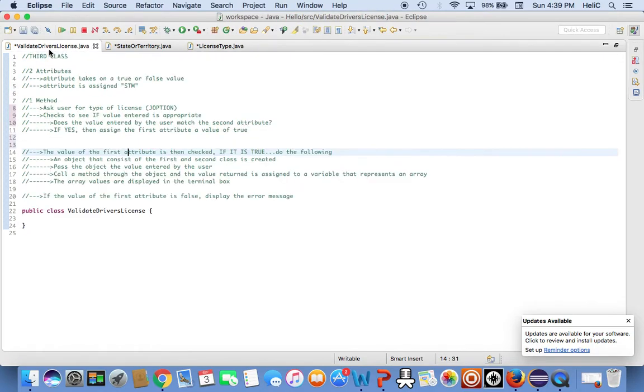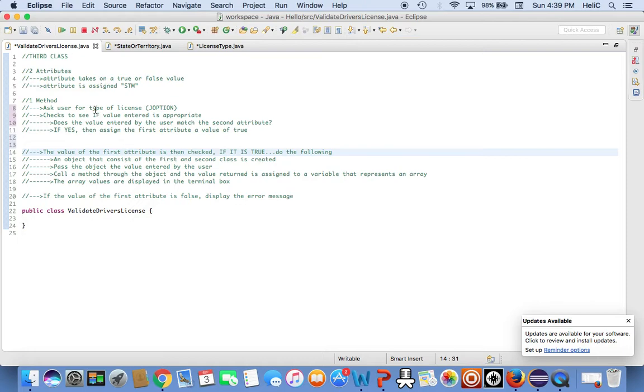Yes, because remember that the child class has the parent class within it, but the parent is only the parent. The parent doesn't know it has children. So it's telling you specifically, create this object for the first and the second class. So if you want two classes in one, you're going to have to go with the child class. You'll have to create this object through the child because the child has itself and the parent. Okay? If you create the object through the parent, then you're excluding the second class because the parent doesn't know